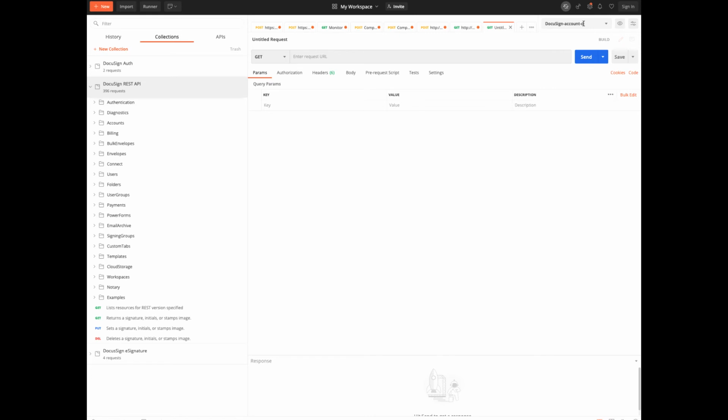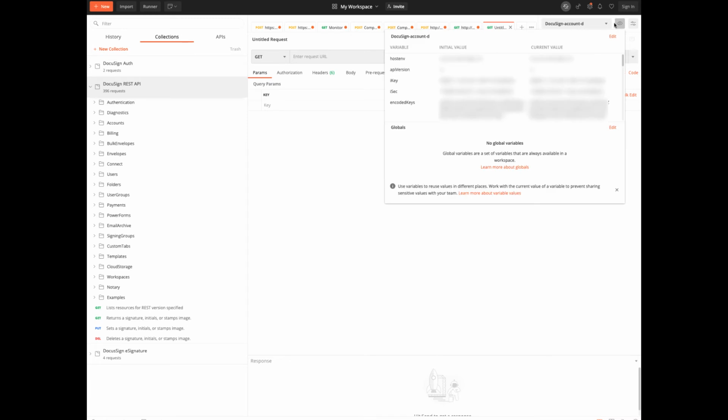Next to that icon, you can select an eye icon to view these variables. This will help you test and try out our endpoints without immediately having to worry about authentication, various IDs, versions, or other details. Some variables such as base URL and host.env are tied to demo by default. As a reminder, demo refers to the free DocuSign demo environment. Should you choose to use the collection to make requests against our production environment in the future, you will need to change some of these variables.